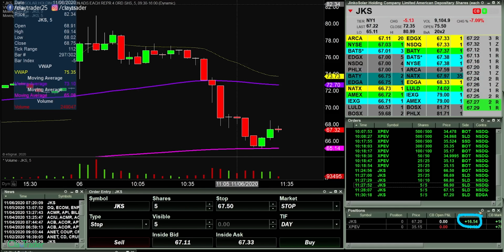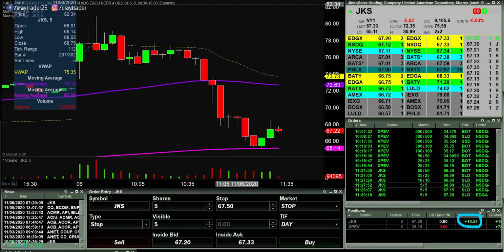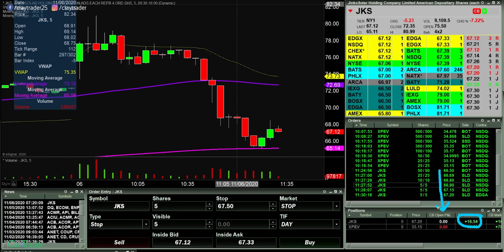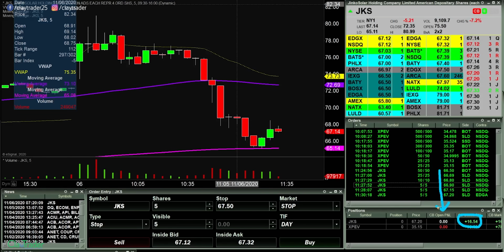The idea here is to practice with real money. Practice all the different order entries, practice maneuvering, practice scaling out, practice putting in stop losses. And the main thing, again, practice watching that number right there as it fluctuates up and down, up and down. If you've never done it with real money, I promise you it is going to play mind games with you, but you need to just start to get used to it and start to just stay calm.